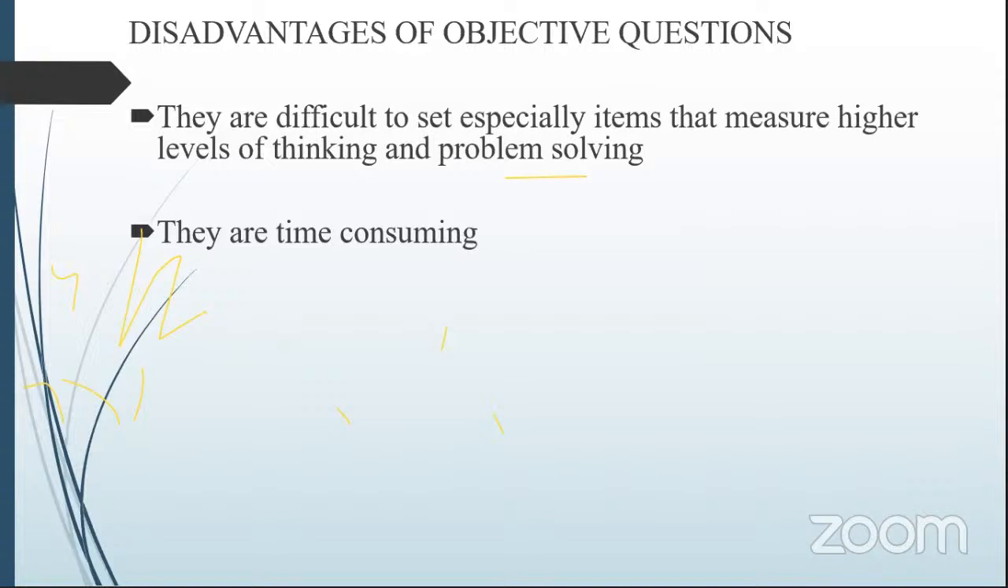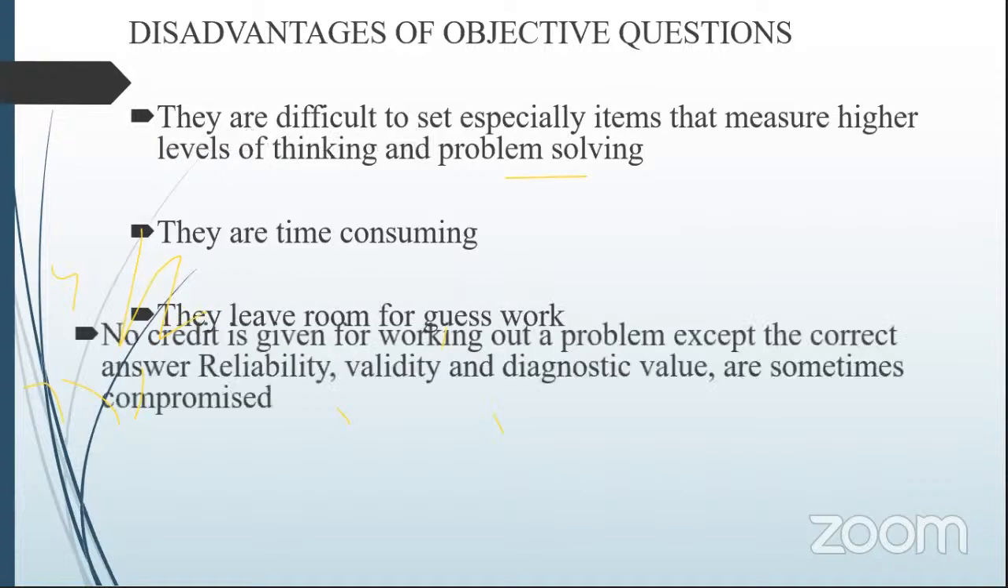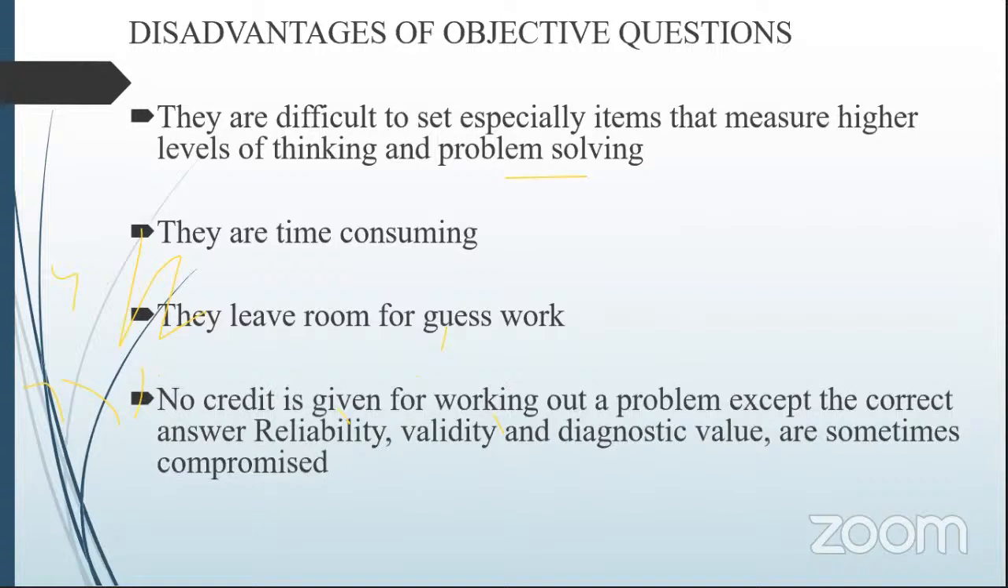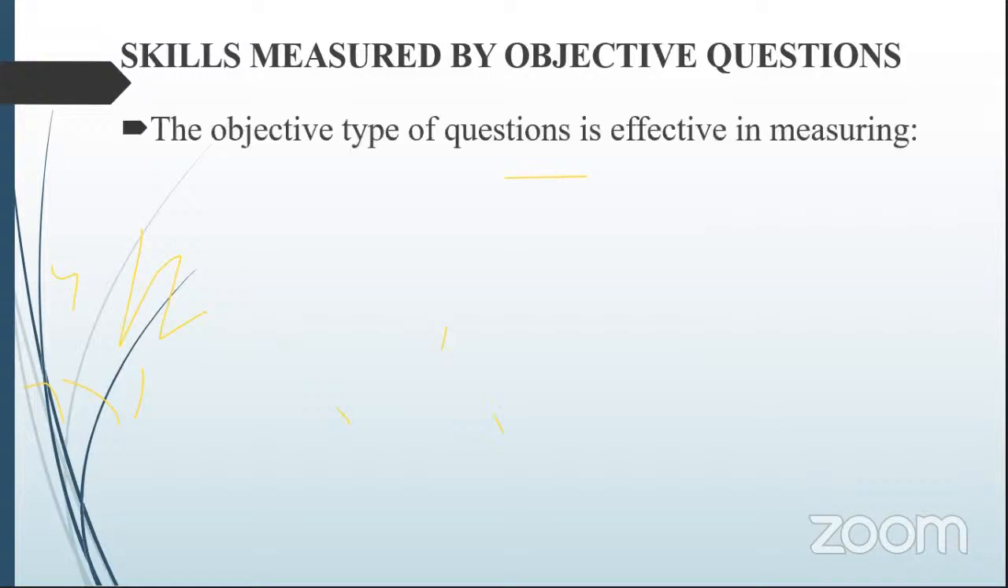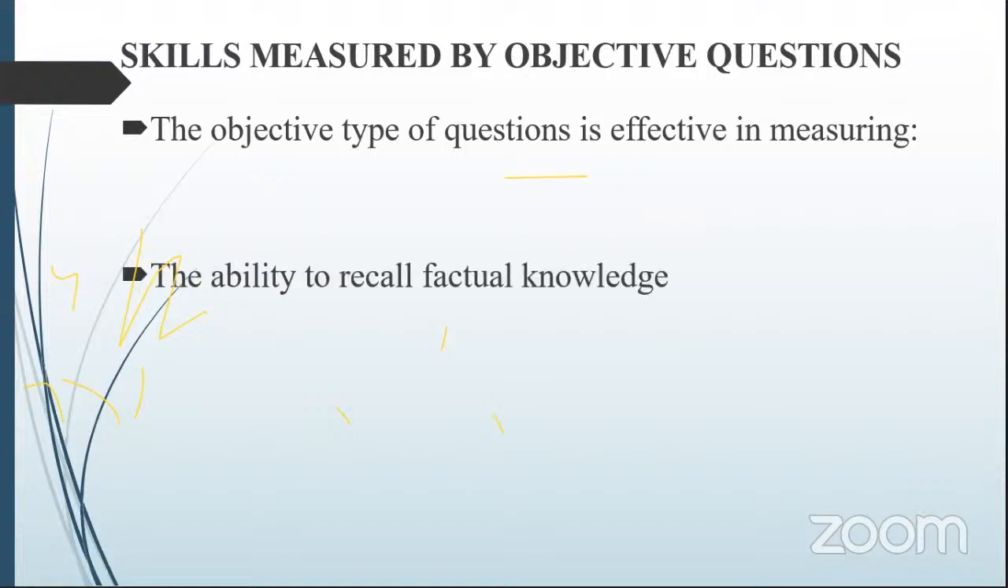because one cannot just wake up and start writing multiple choice questions. They leave room for guesswork. No credit is given for working out a problem except for the answer. Reliability, validity, and diagnostic value are all compromised because only one area is looked at. Now we look at skills measured by objective questions. The objective type of questions is effective in measuring